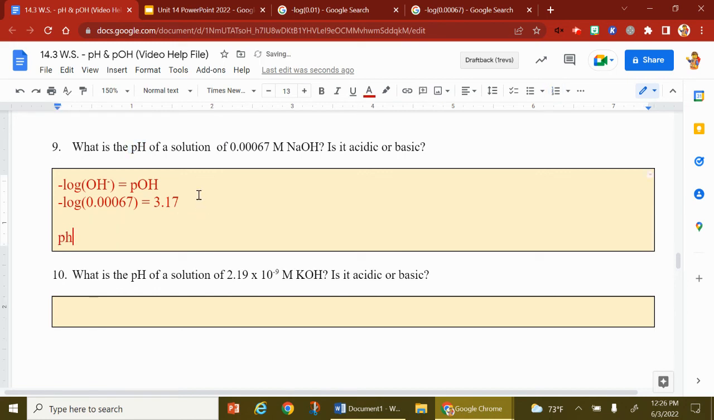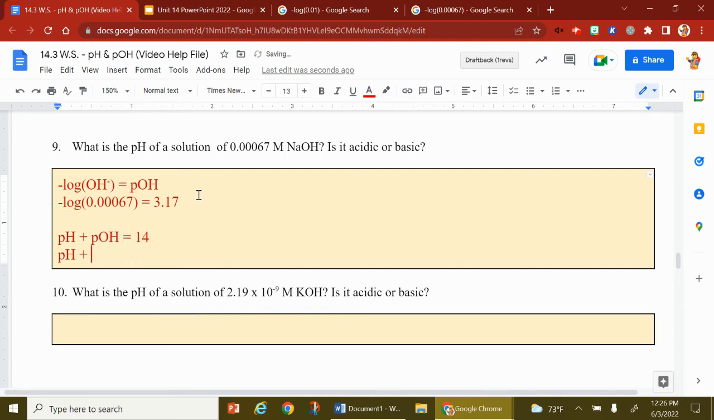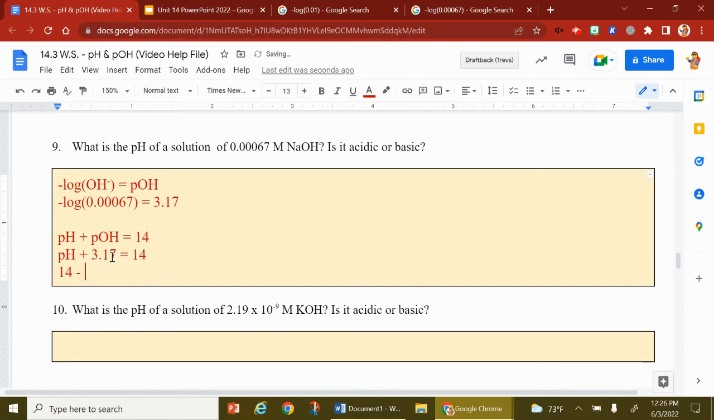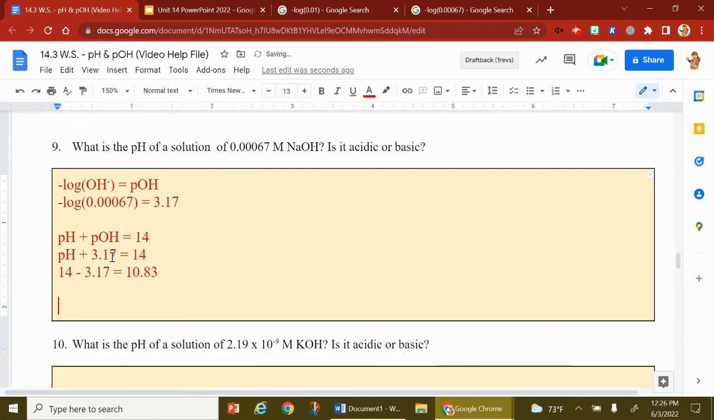Okay? So if we want to find the pH, we got to go one extra step. Remember, pH plus pOH equals 14. So the pH plus 3.17 equals 14. 14 minus 3.17 equals, mental math, 10.83. All right, 10.83. The pH equals